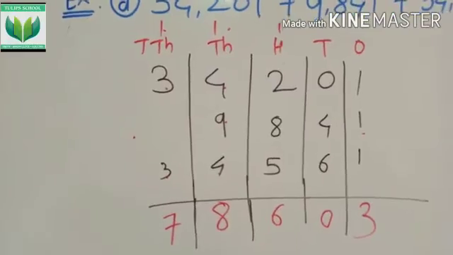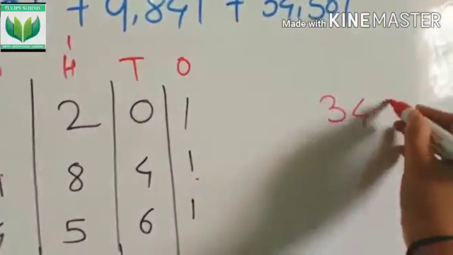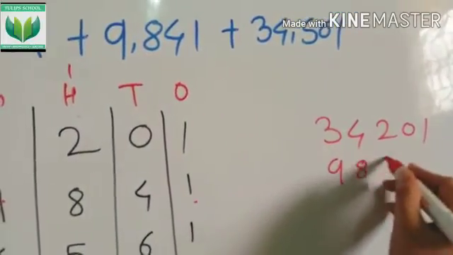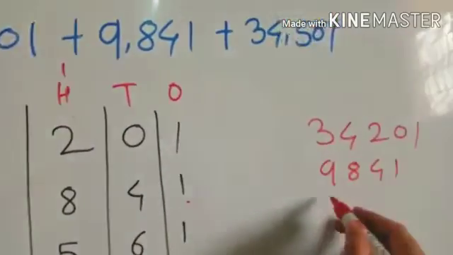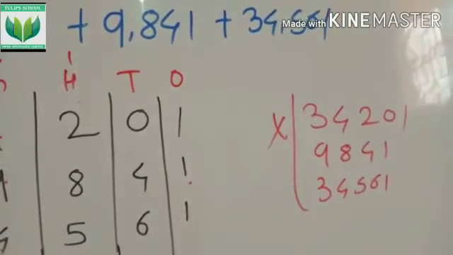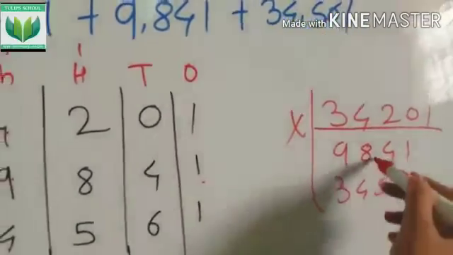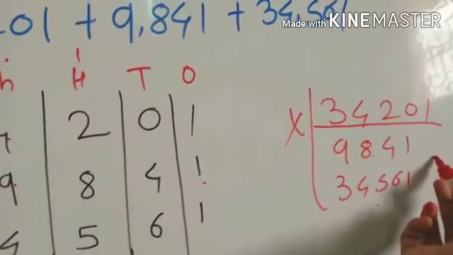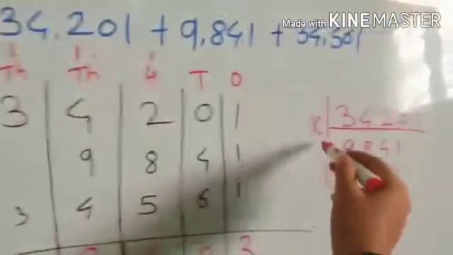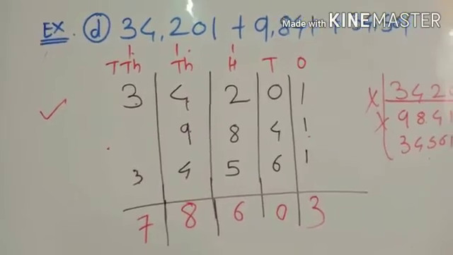Okay, from the back side you have to write the numbers forward. If you write like this, look, the first number you wrote here is 34,201, and the next one you are writing from here, this is a wrong step. The first number you have to write from the front side, but the second and third numbers you have to move from the backward to the forward. Like this step you have to use, not this step. Okay, I hope you understand.